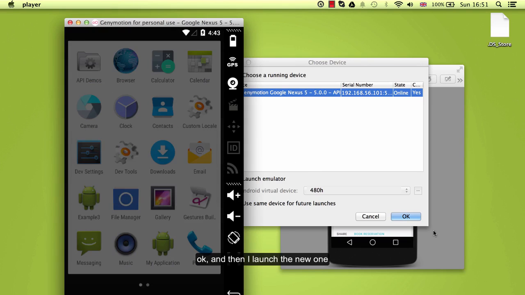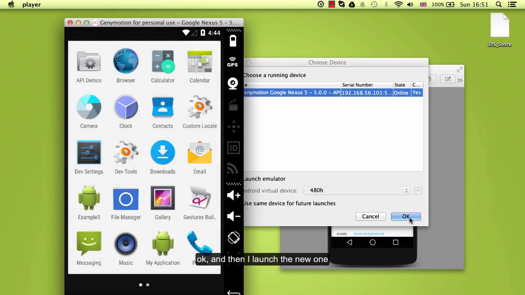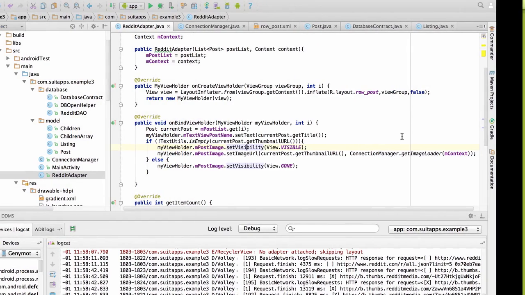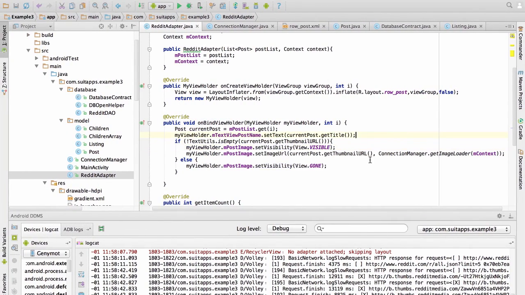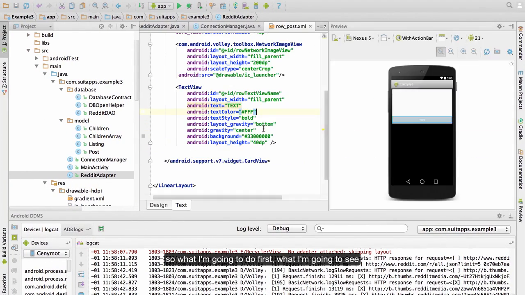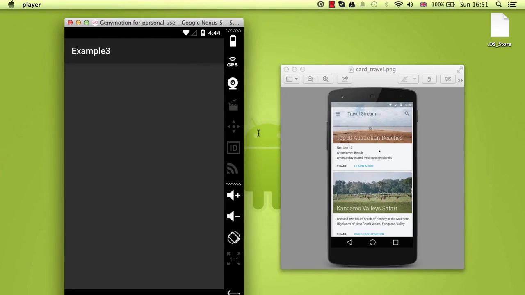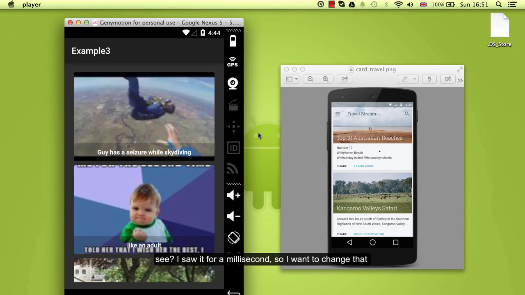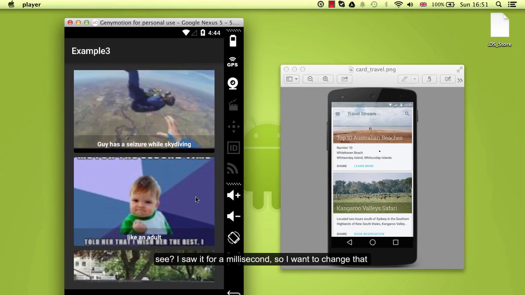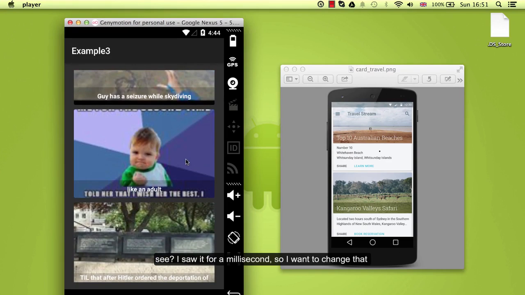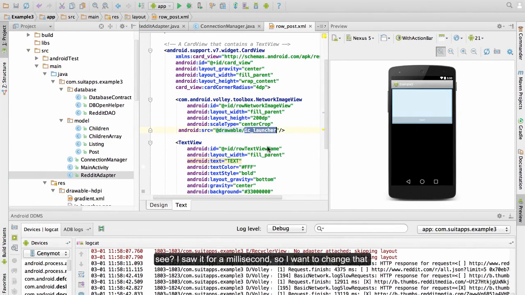Okay. And then I launch the new one. So what I'm going to do first, what I'm going to see is the default image view icon, which is this one at the moment. See, I saw it for a millisecond. So I want to change that. So for that I'm going to remove this,